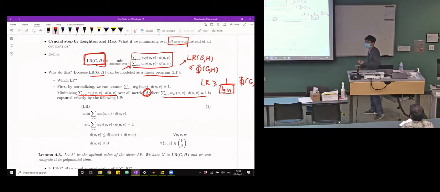A metric is just a function that obeys the triangle inequality, and you have symmetry and it's non-negative, right? That's the definition of a metric. So we can just add this constraint. So this is just the triangle inequality constraint, and this is the non-negative constraint. And you know that also in the optimal solution, you will have that,